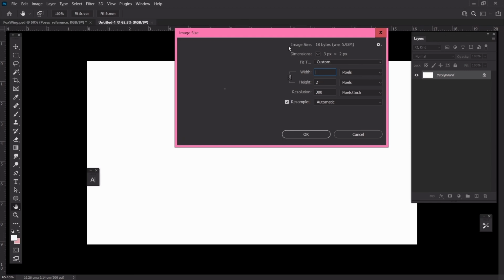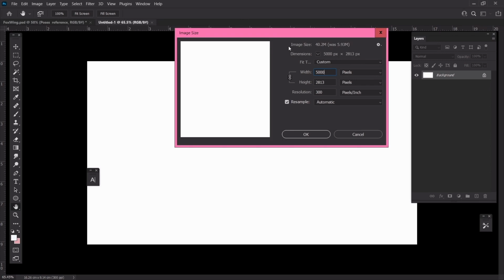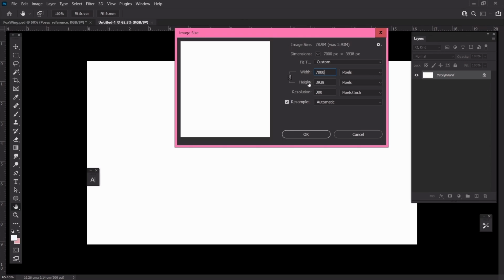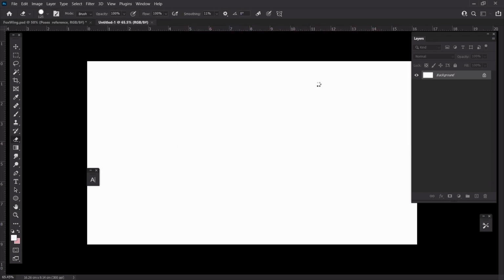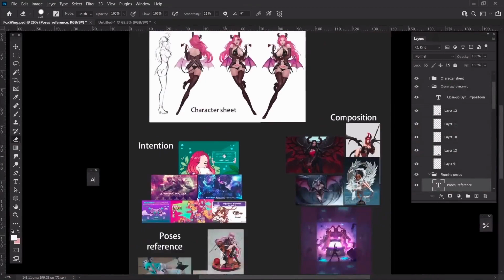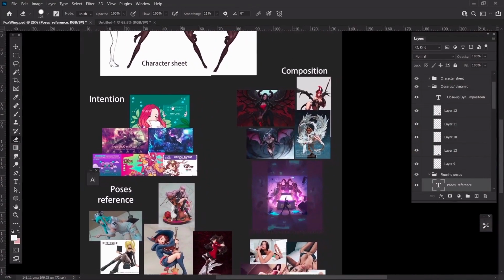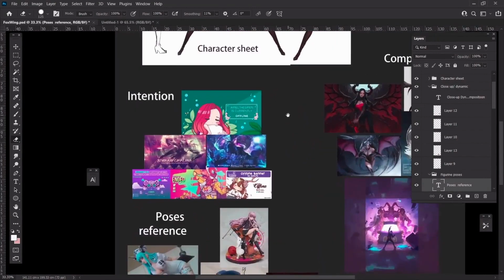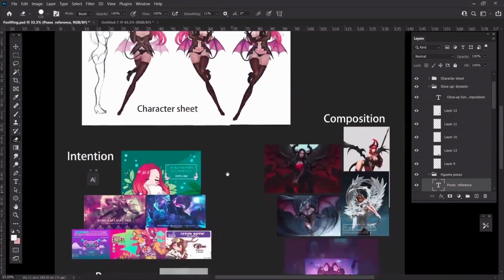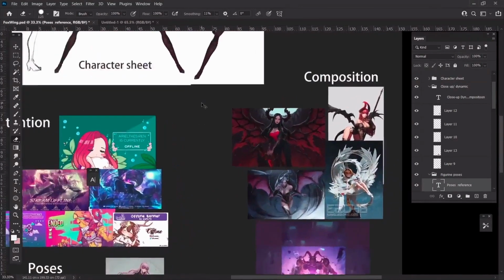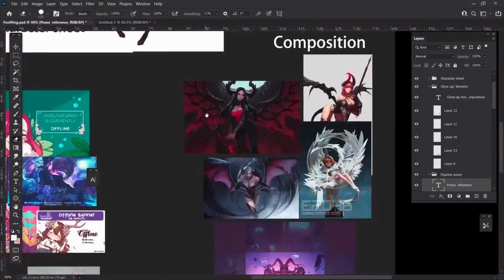I normally like to work bigger, so I will bump it to at least 4K wide for the lowest width, and yeah, let's continue. So for composition, I've done some research, and I have looked at other creators who have done